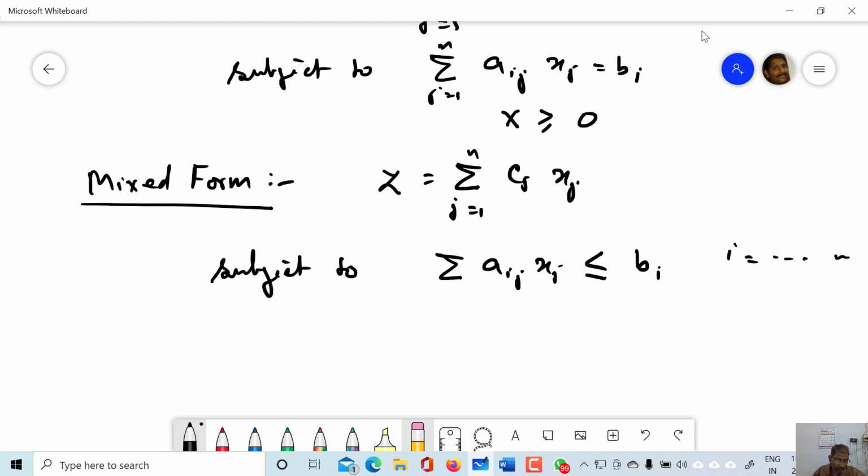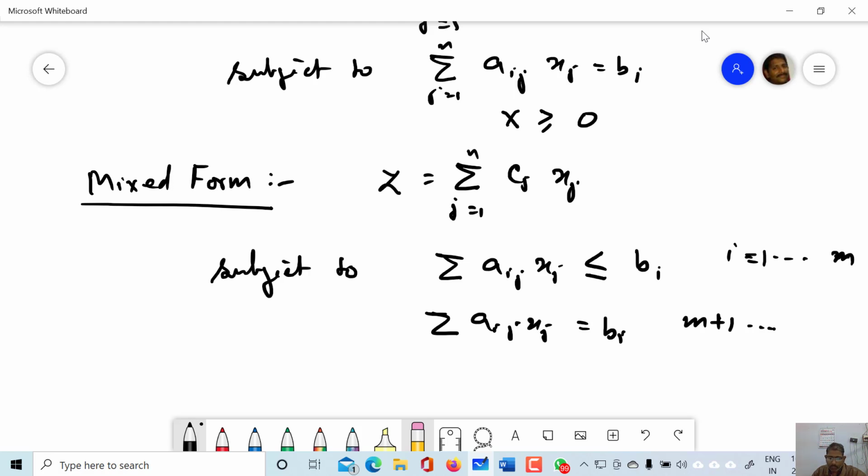And the second form, that means standard form, was a_ij x_j equal to b. In this case also for i from 1 to m, this equation should be satisfying, and for i greater than m, that means for m plus 1 up to a certain limit,